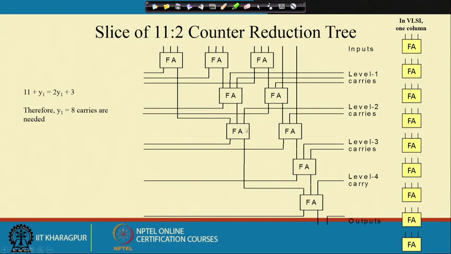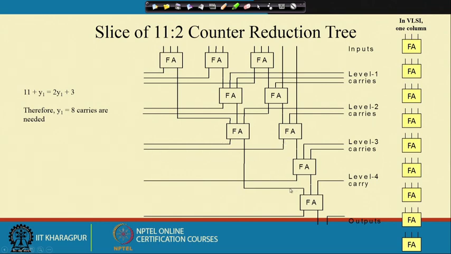Then again those 2 sums enter into 2 full adder cells, and the 2 carries are coming to the corresponding 2 full adder cells. Then another sum is already left, so that is coming to this full adder cell, and another position in this full adder cell is already left. So, another input is coming over here, and in this particular case also another input is coming over here. So, that means at level 2, again I am using 2 full adder cells, producing 2 carries and 2 sums.